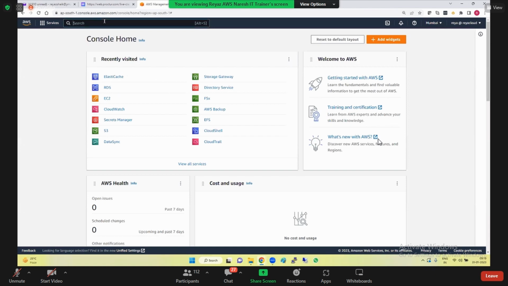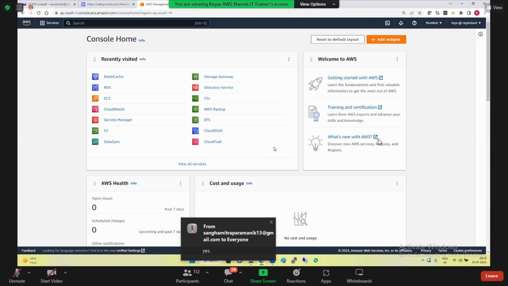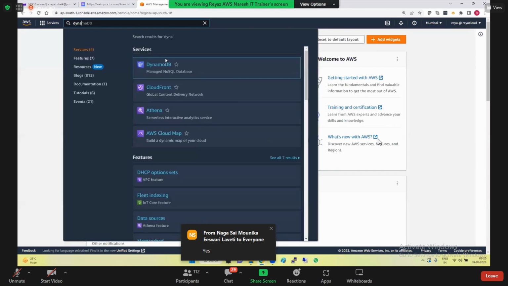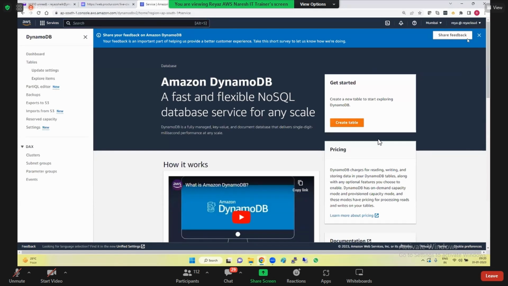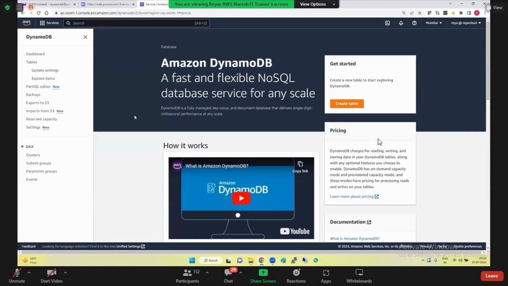All right. So guys, do you remember yesterday's class on the DynamoDB? What we have discussed? So we discussed about the primary key, sort key. Remember? Yes. So what we're gonna do is, this will actually be taken care of by the developers, how to create tables. That is not our thing, but still I'm just going ahead and showing you how to create a table,